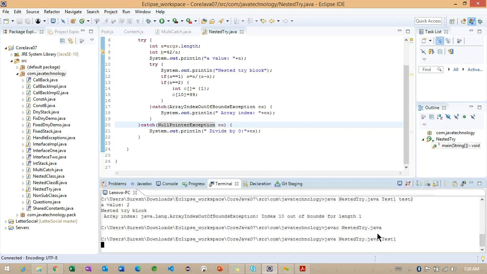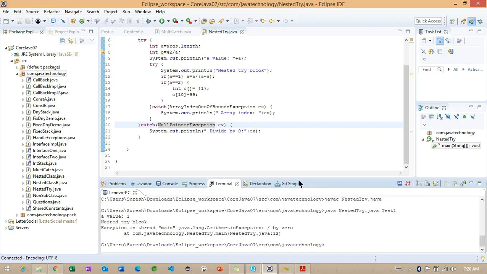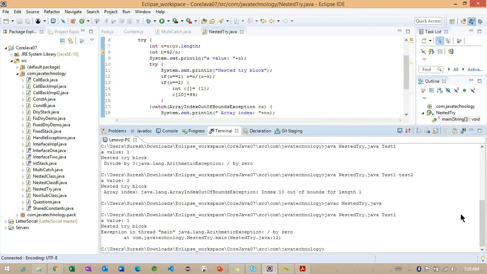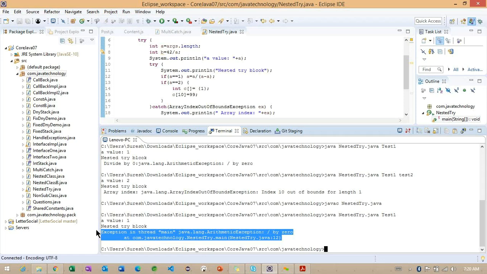Okay, observe here. If we are not handling an exception, who is handling it? By default, Java is handling it, but here you can observe we are getting the message differently. If we are not handling any exception, by default Java is going to handle it.